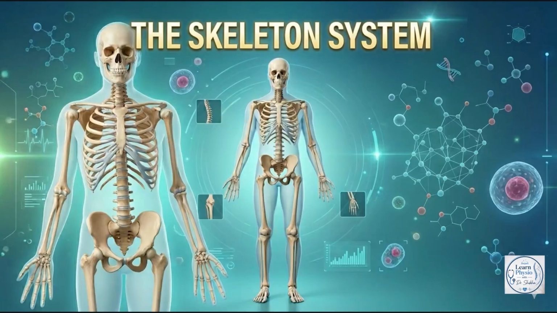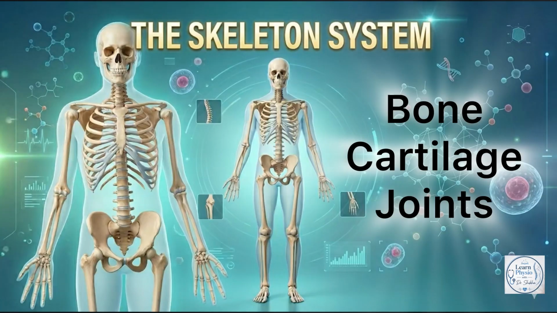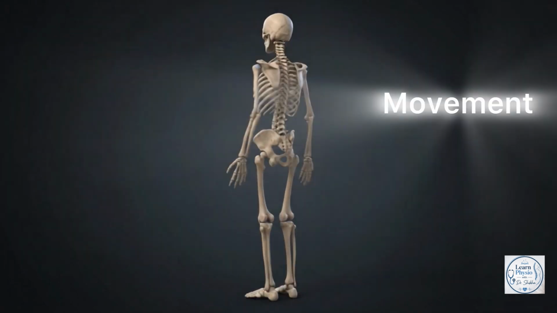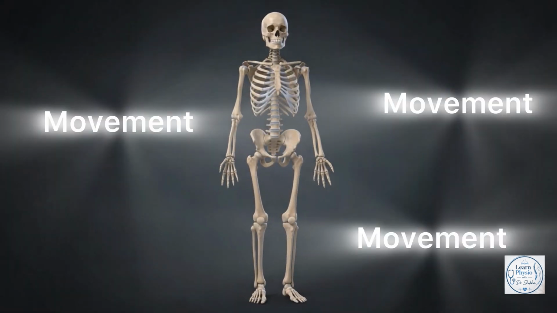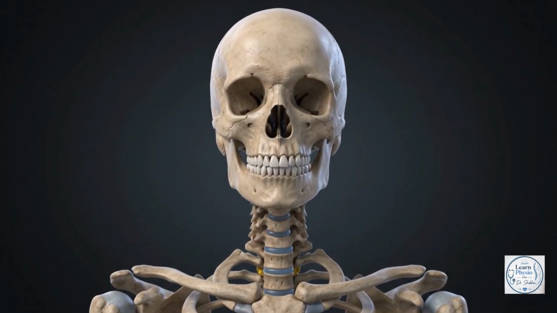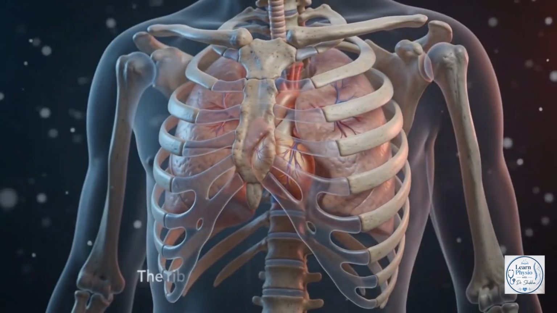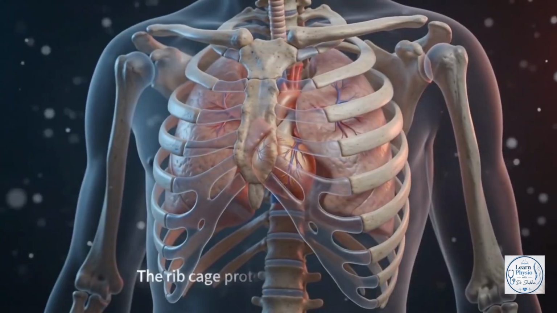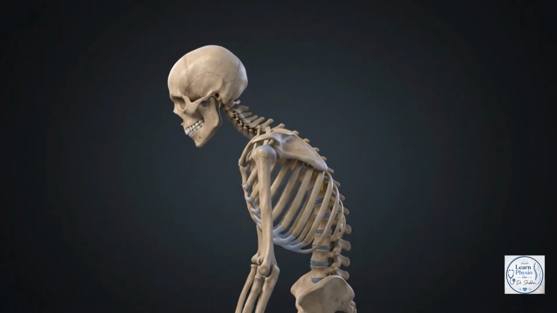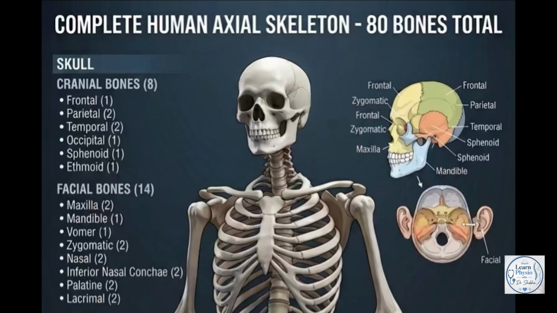The skeleton system. It includes bone, cartilages, and joint. It is primarily designed for more effective production of movement by the attached muscle. Function of skeleton system is: first, it forms the rigid framework for the body. Second, it provides protection to the delicate organs like brain, heart, lungs of the body from external injury. Third, it forms a kind of lever for the body movements.